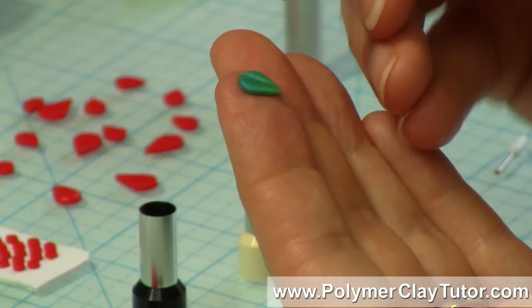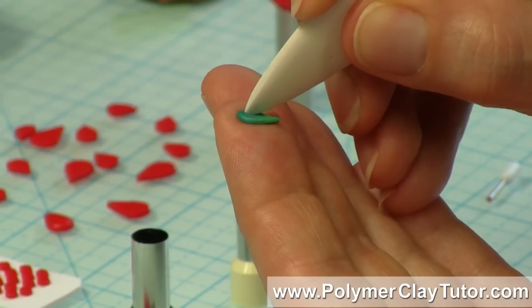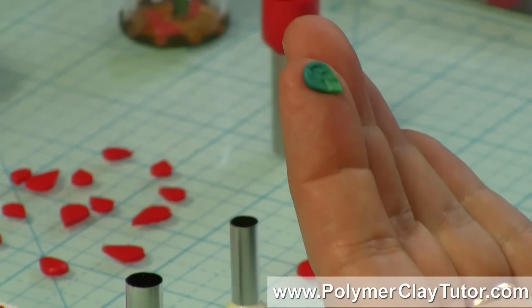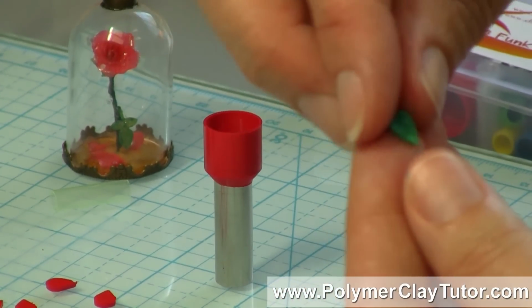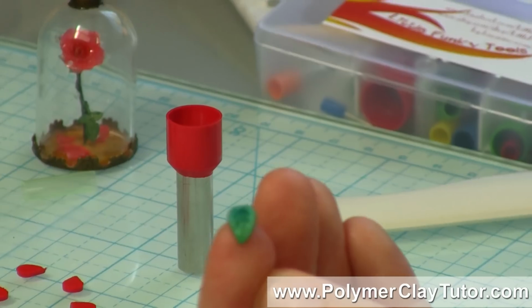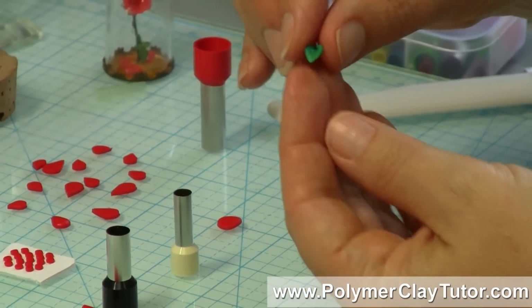Now you can just take the tip and make some little veins in it. Like that. Hopefully I have the right angle here. And see what a cute little leaf you have? You can pinch it up at the top here, bend it back a little bit so it has a nice shape. And then, rather than worrying about drilling a hole in it later, which I usually do,